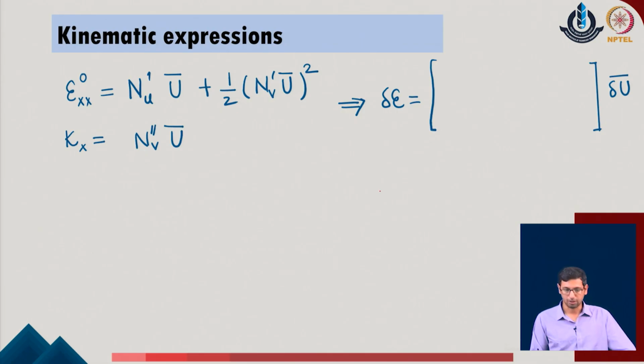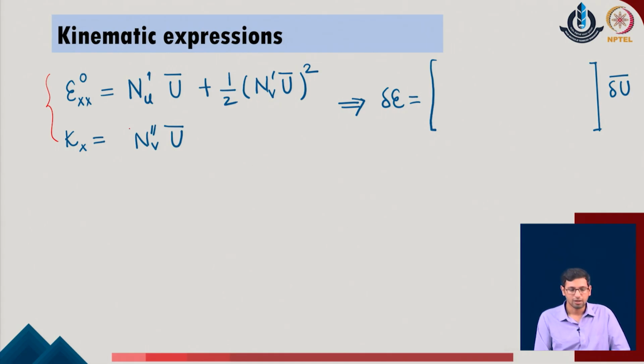Now, with respect to these parameters, I have expressed the basic relationship like this. To simplify them, we can also take a small variation in these strain parameters of the given system. The moment we take the variation, we must understand that we are trying to change. Variation means that we are trying to make a small change in the nodal values of the given system, which means that all those parameters which are a function of the displacement field will undergo the variation, whereas the parameters which are not a function of the displacement terms will remain constant in the given system.